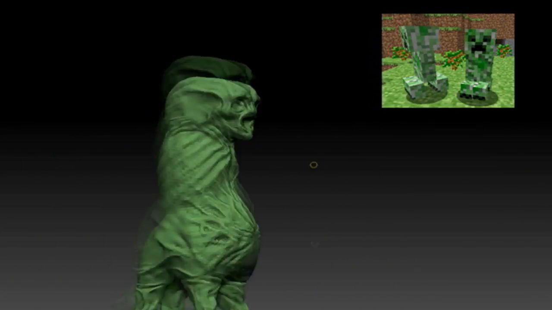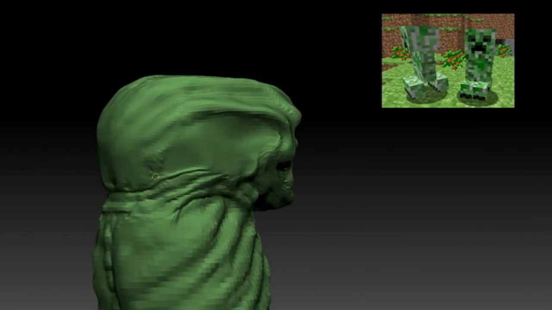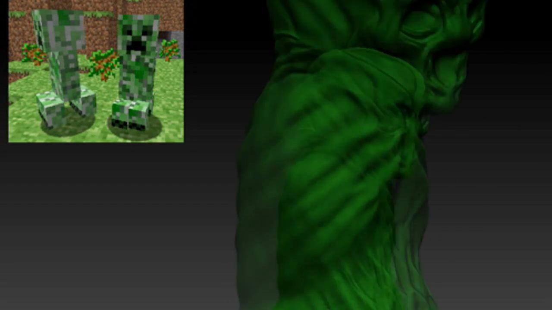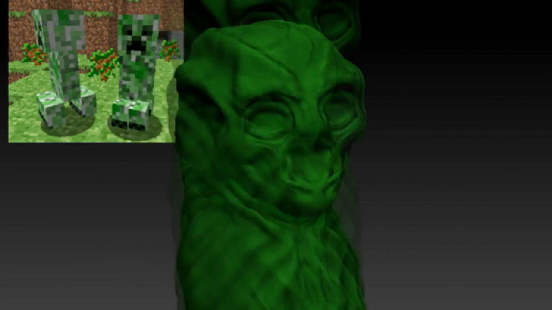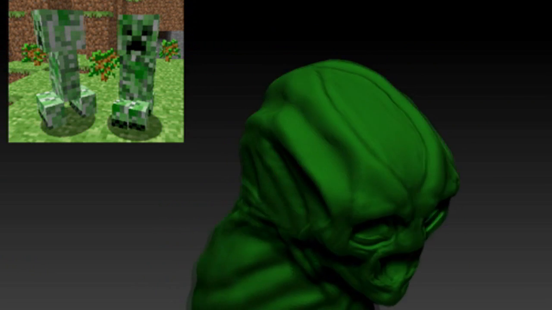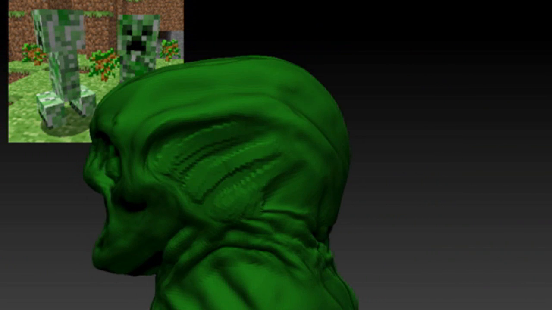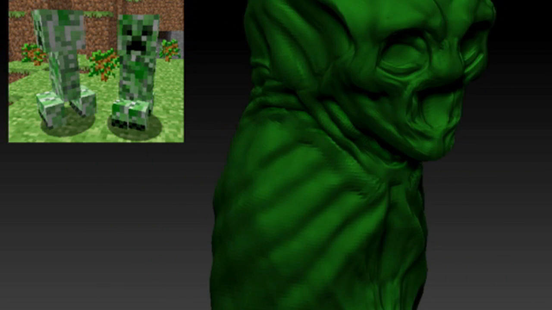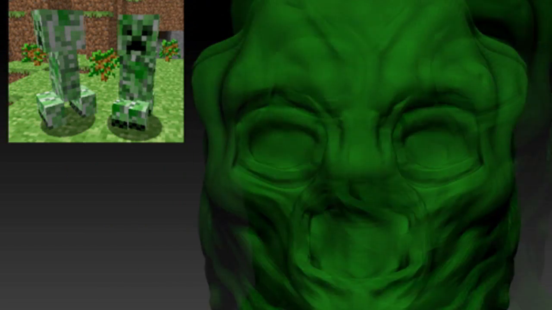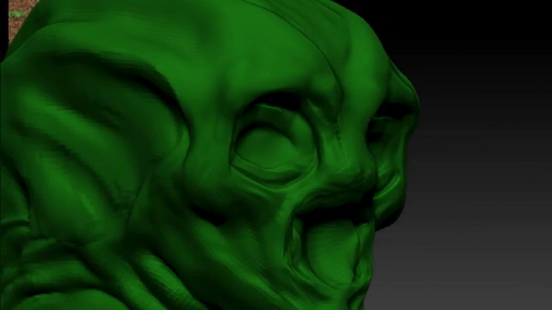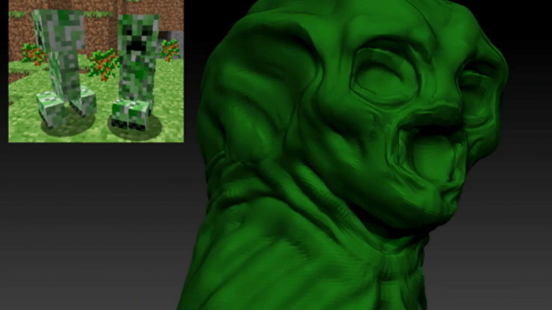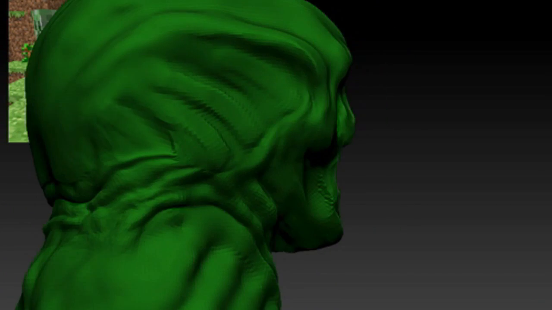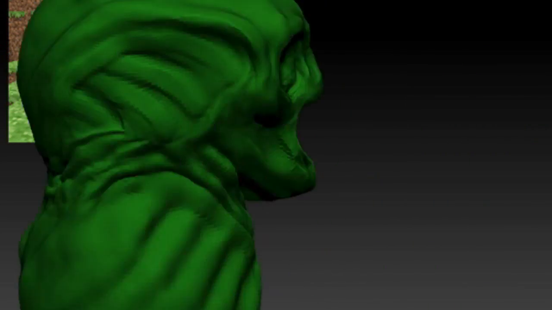So I'm adding more emphasis on the ribs, and I add some details on the side of the head. And I believe we just crossed over to Subdivision 5. I believe, is it 5 or 6? 5, yeah, 5. And I remember doing this on the next day. So all this sculpting that you guys are seeing is within a period of a couple days. I could have done this all in one day, but I had other stuff to do. So I pretty much broke down this sculpture into days.